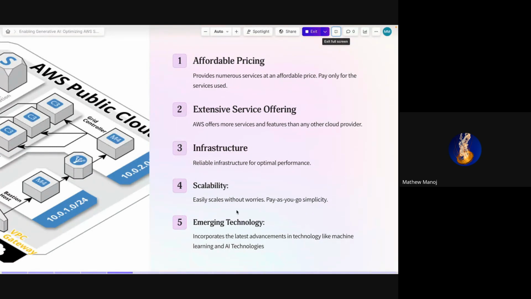AWS takes care of that by itself. And lastly, it uses emerging technologies like machine learning and AI technologies. So that's what we are here for today. AWS Bedrock offers that service.